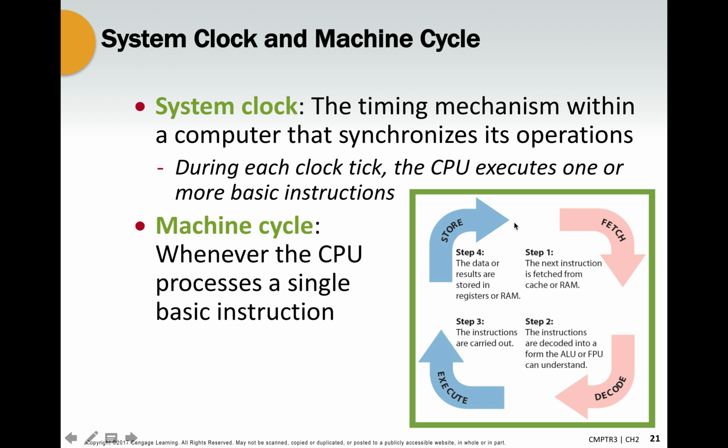Through our steps here, we have step one: the next instruction is fetched from the RAM, so that's when it's actually retrieved from the RAM. The second step is that the instructions are decoded for the ALU and FPU. Then number three is that it executes, so the instructions are carried out. And then the last step, for step number